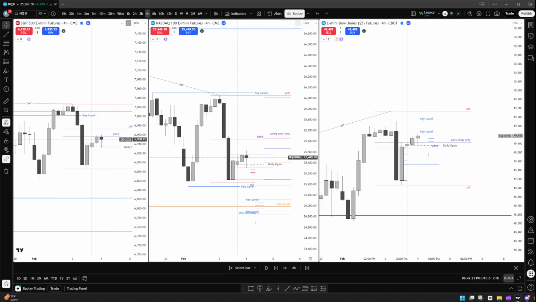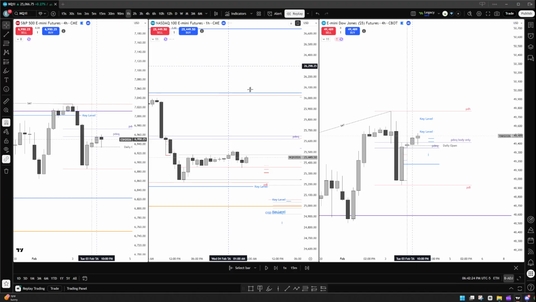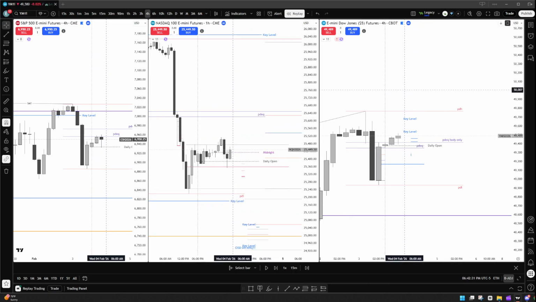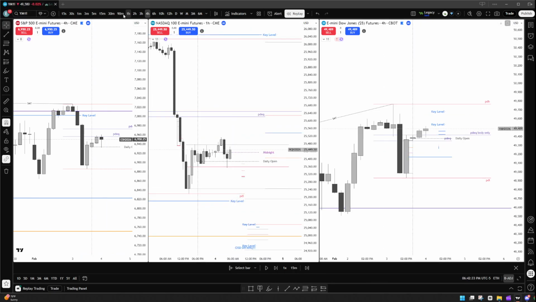So let's drop down now to the 50, or we can go to the 1 hour. Sorry. Okay, and this is what I was paying attention to, right? Just right back to GXT, change in state of delivery prior to driver, right? Driver continuation or expansion. So if we go to the 15-minute here on all assets,